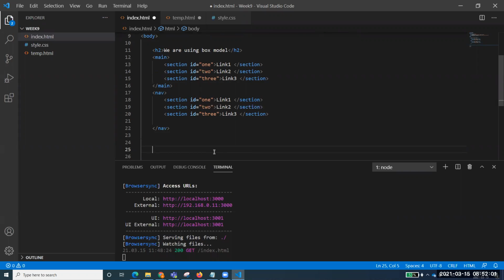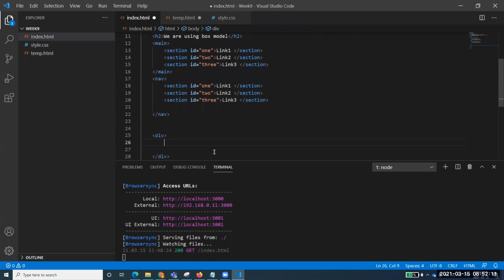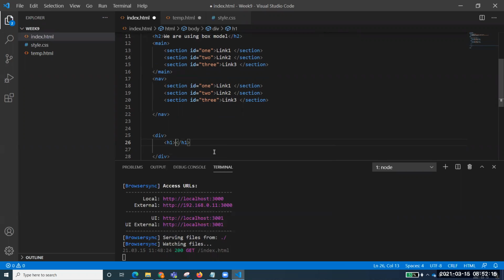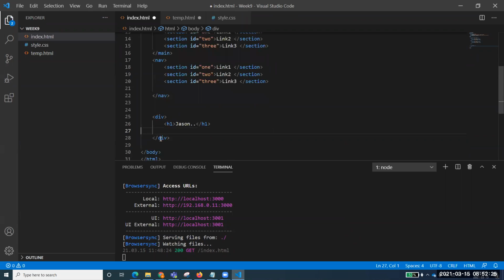For example, I say I want to collect the names of all students of this class. To collect names, I don't have anything else. So I'll say, okay, that's a very good thing that I have got a div over here. I can collect all the names, for example, in H1 or whatever, inside this one. So for example, Jason, etc. So effectively, I am saying that I do not have any semantically specific block name for collecting the names.